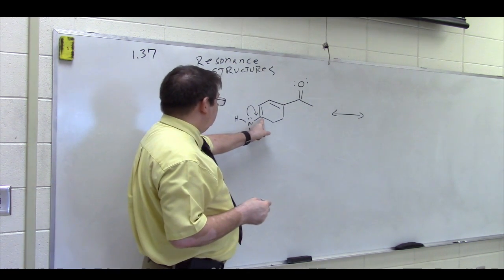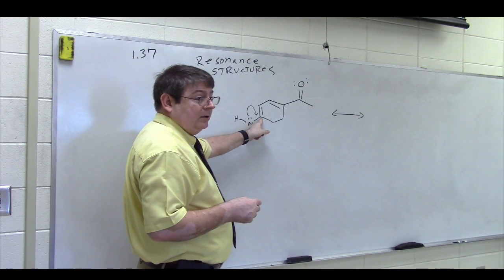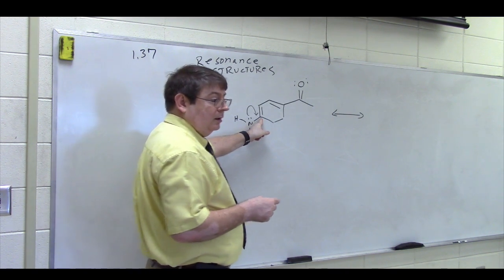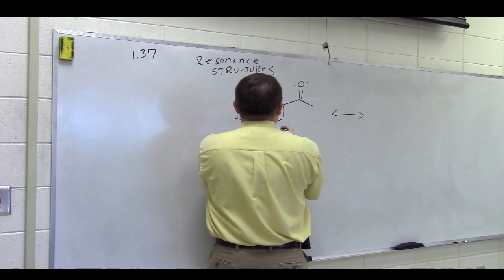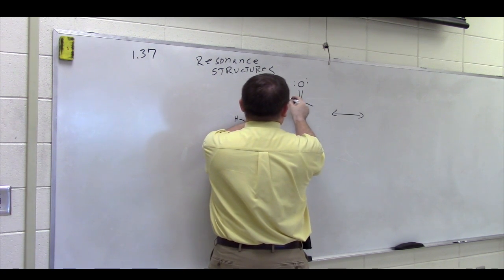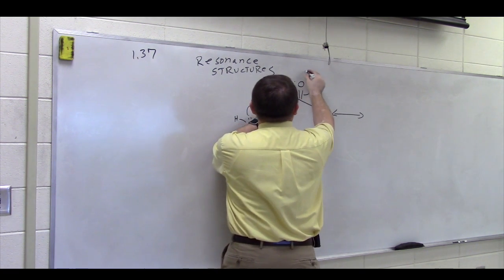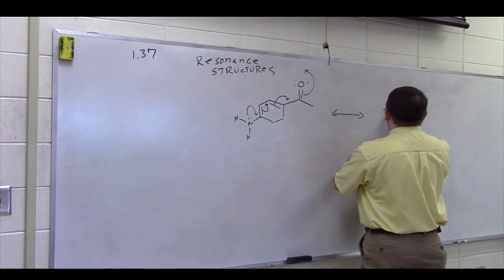But I can't exceed the octet rule here. If I do that, I would have 5 bonds to carbon, so I have to move one of these pi bonds. That pi bond is going to move here, and then this moves up onto this oxygen. And so when I draw that resonance structure,